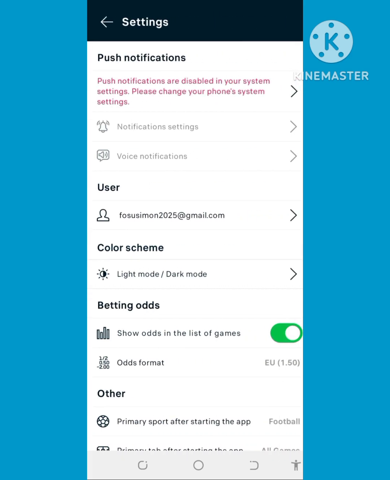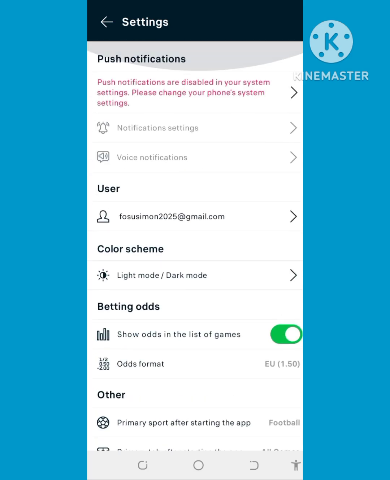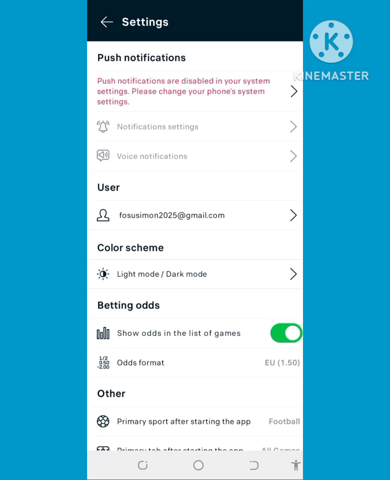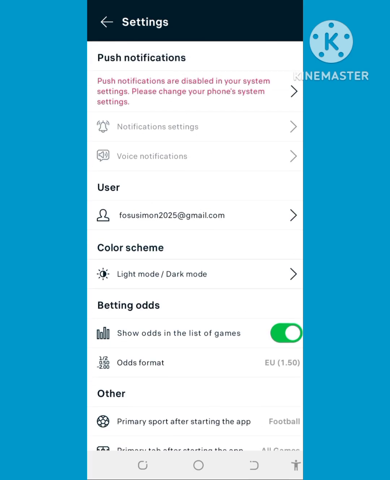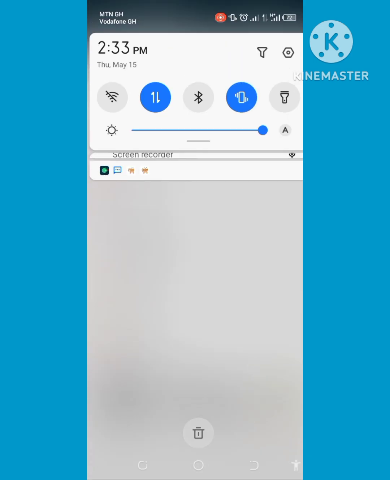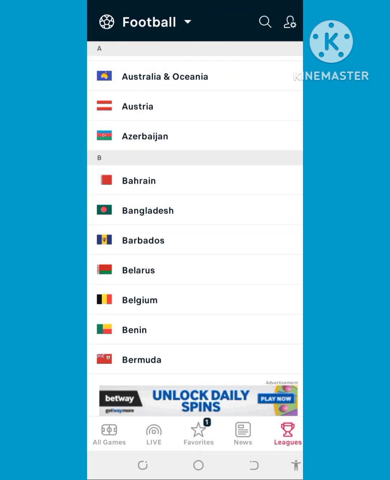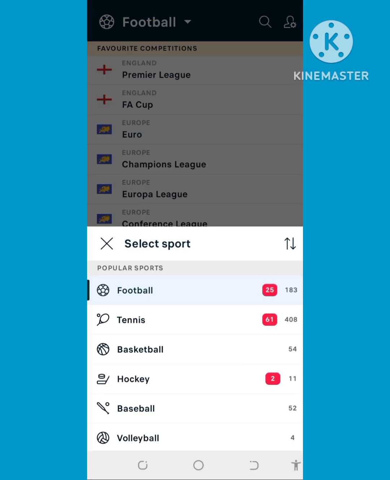Then you can change things over here, if you want to change how the odds should be, you can just visit analysis. You can change from light mode to dark mode, showing the games list, odds formats, and other things. All these things you can find over here to use. It's very simple and easy. I can't explain everything, but when you download the app, you can see everything over here. Then we have,